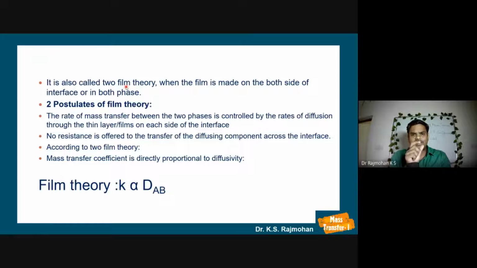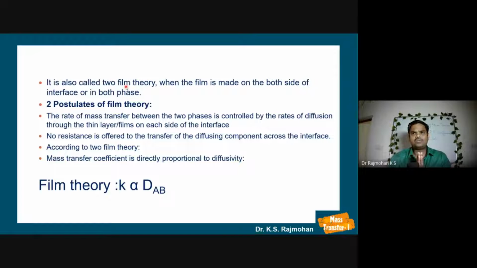One is the mass transfer resistance in the gas film, and the other is the mass transfer resistance in the liquid film, and we can have an overall mass transfer coefficient as a function of these two mass transfer coefficients, because 1 by mass transfer coefficient is resistance. We can say the overall resistance to mass transfer is a function of these two individual resistances, in the gas film and in the liquid film, right? So thereby we can bring in a relationship, which we will discuss under the overall mass transfer coefficient concept.